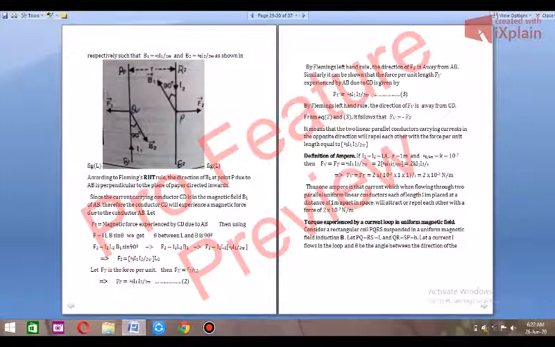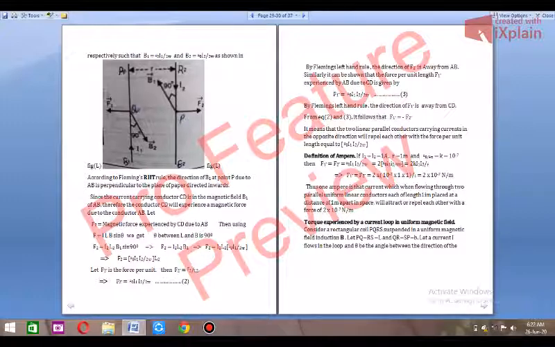Similarly, it can be shown that the force per unit length F1 dash experienced by AB due to CD is given by F1 dash = mu naught I1 I2 upon 2 pi R. They have the same magnitudes, F1 dash and F2 dash. But here by Fleming's left hand rule, the direction of F1 dash is away from CD. You can apply this to wire CD. Here the current is upward, so the central finger must be directed upwards, and B must be directed out of the plane of the paper. Then you can see that F1 is directed away from CD.